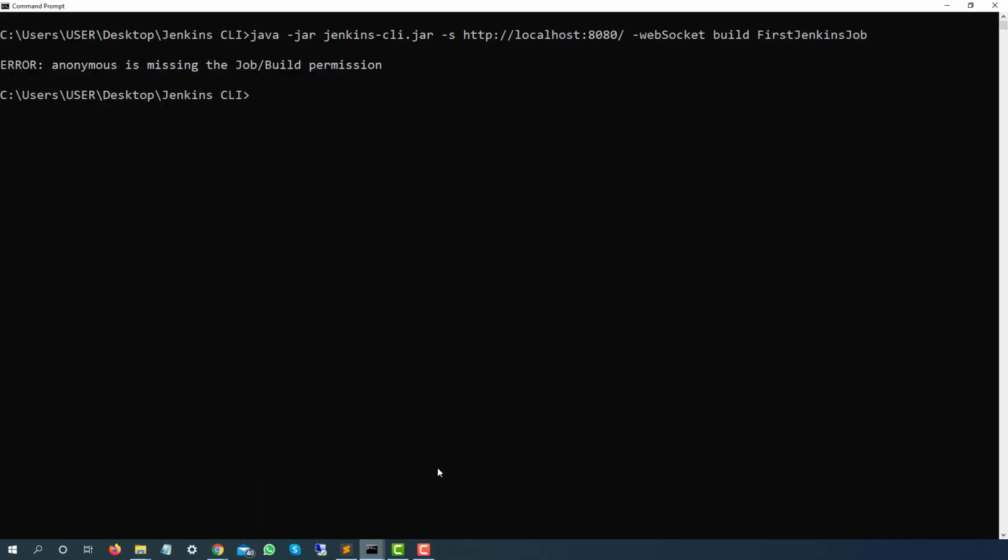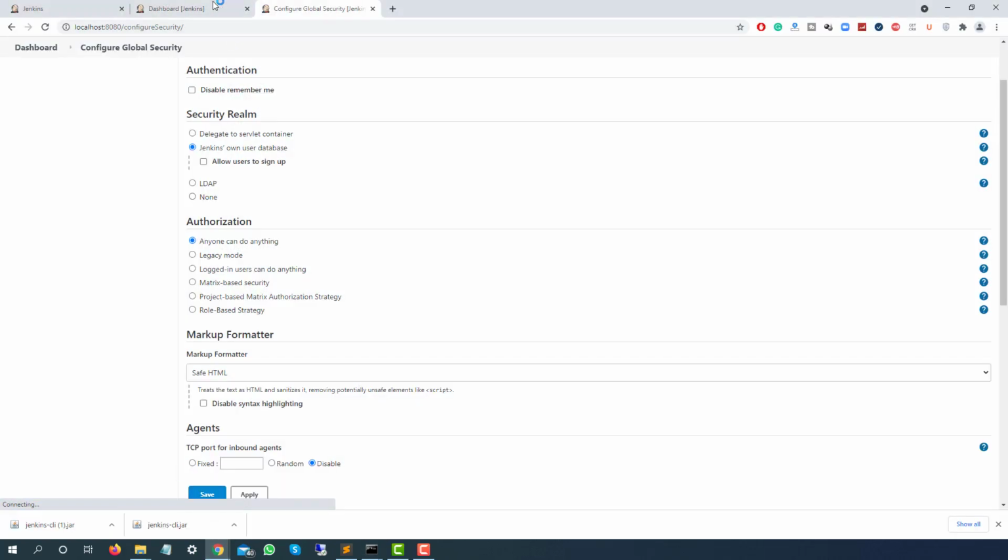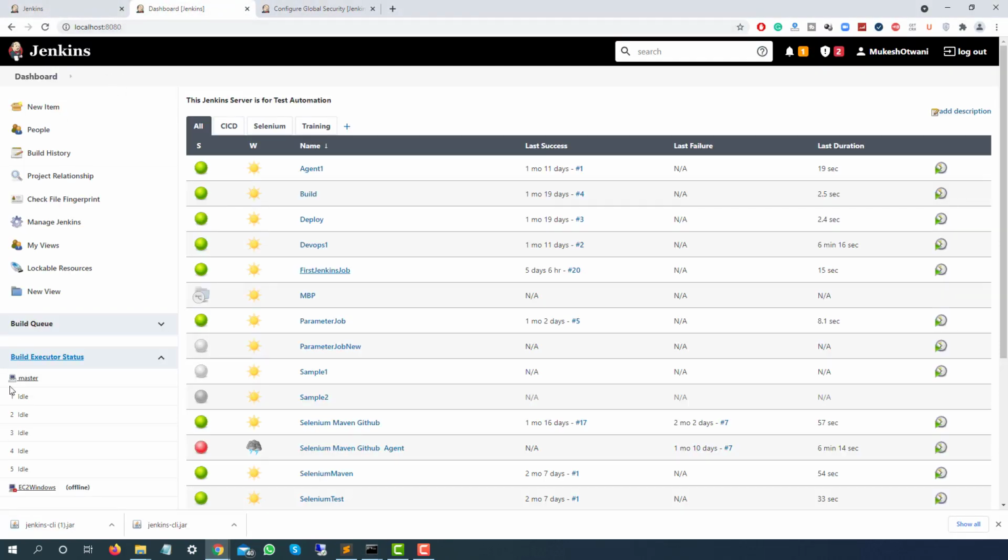Now I'm going to use the same command. I will just run the same command, hit enter, and you will notice our first Jenkins job should get triggered.